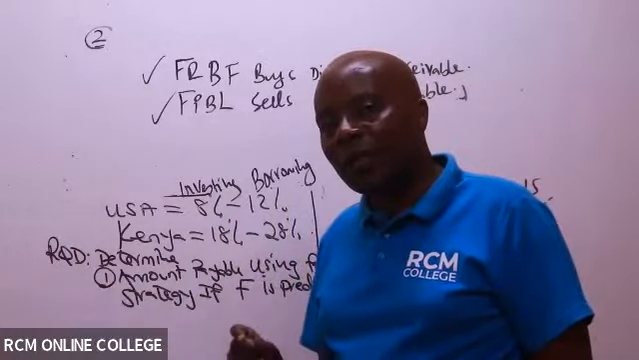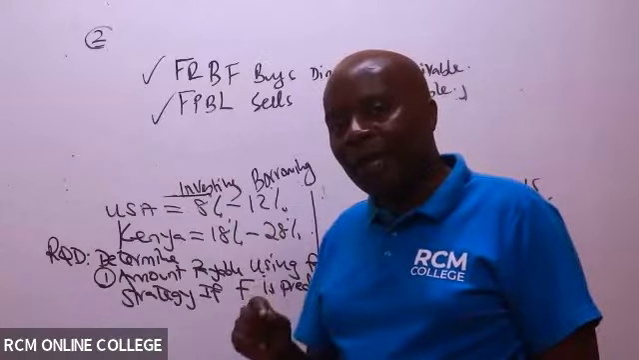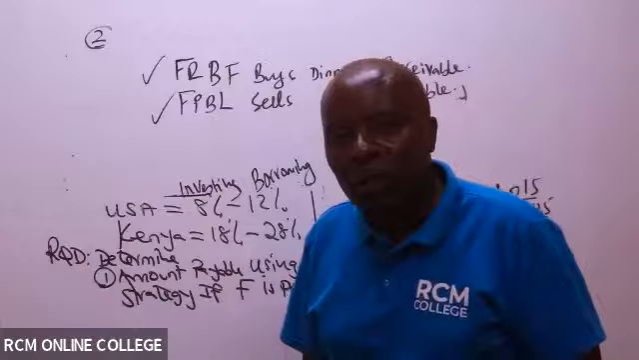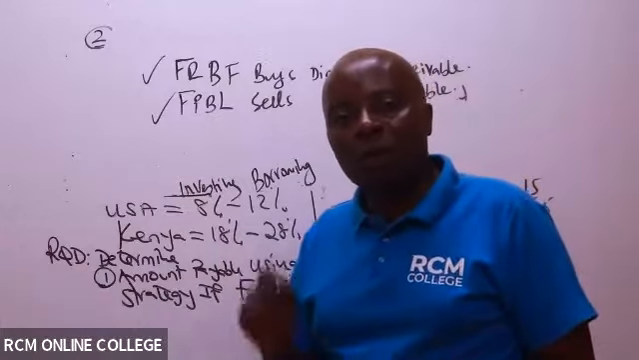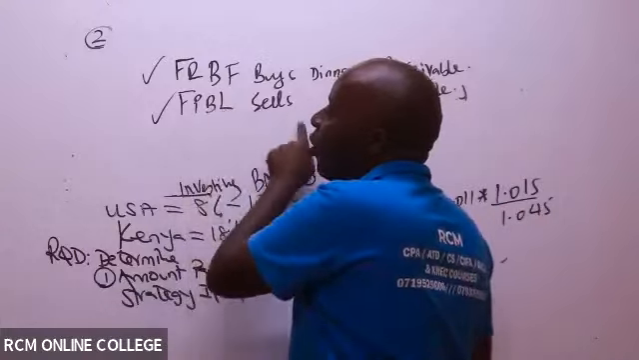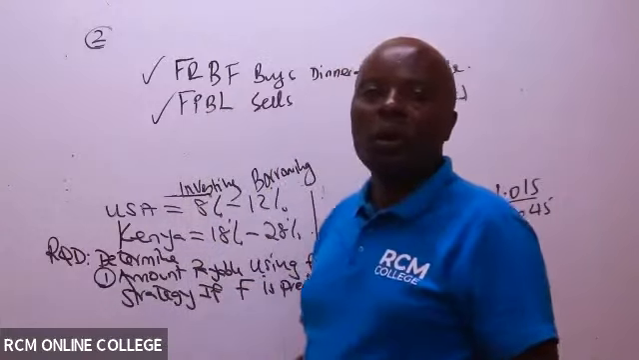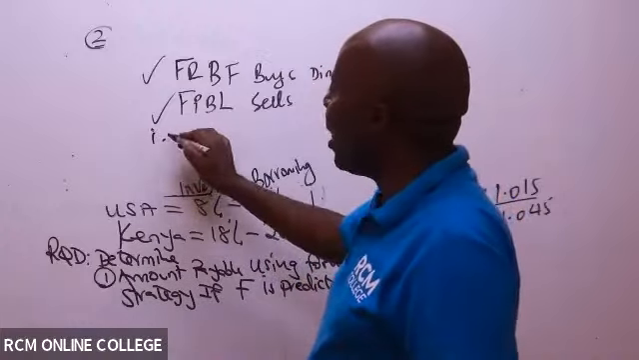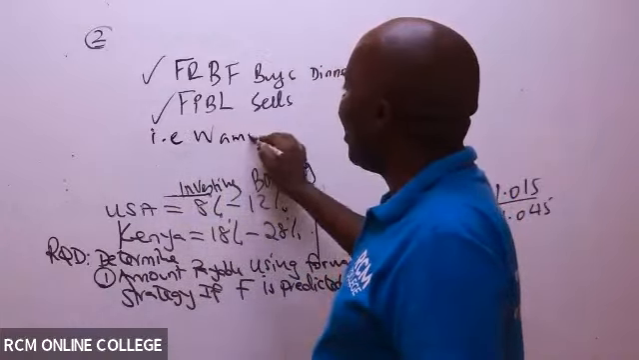FPBL stands for what? Foreign payment, you borrow local. Foreign payment, borrow local. I.e. Wamchomba